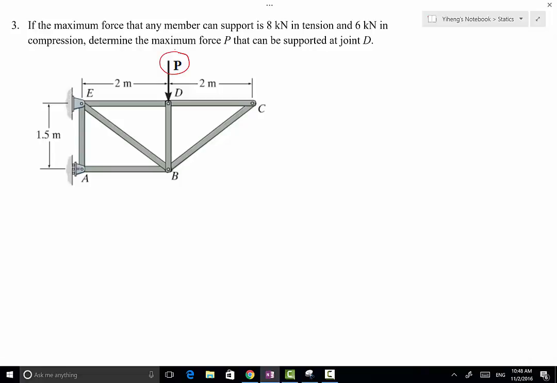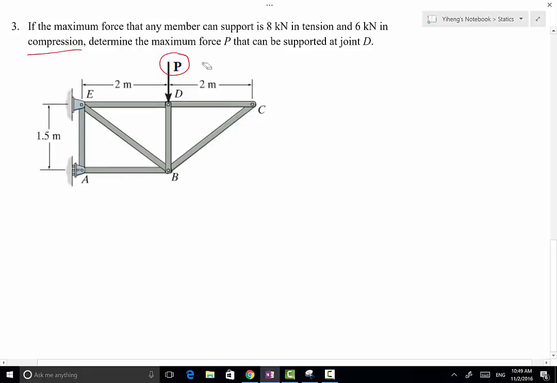We are given the condition that all the members can support a maximum of 8 kilonewton in tension and 6 kilonewton in compression. Based on this condition, we need to determine what maximum applied force P that this structure can sustain. So how are we going to solve this problem? We're going to treat P as a known parameter, carry it through, and solve for all the forces in the truss members as expressions of P, and then we're going to compare